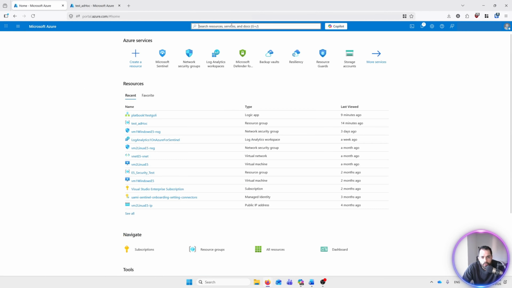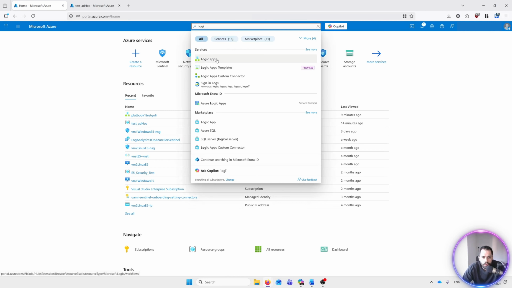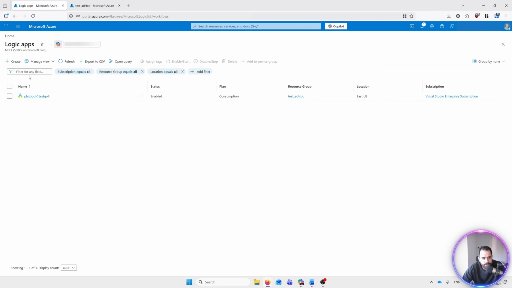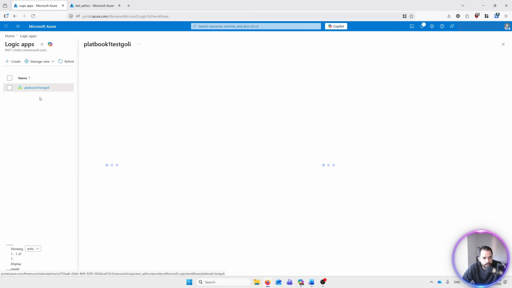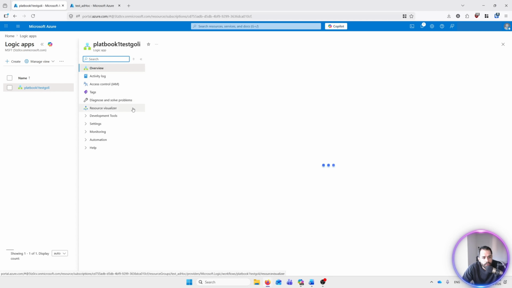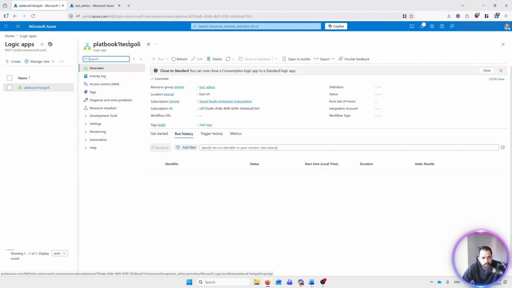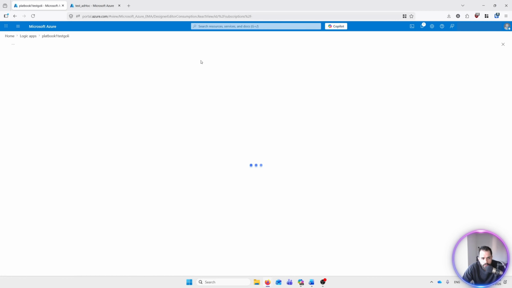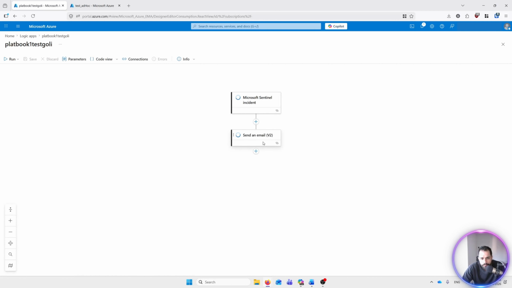Also if you go here to logic apps, basically all the playbooks are kind of logic apps, so you will see them also here. Once you click here, you can see the settings for this one, and you can even edit them. For example, now we want to change the email address, or we want to add more steps,